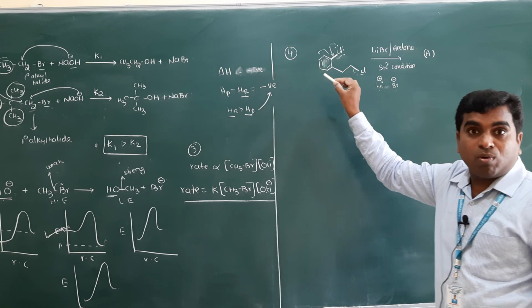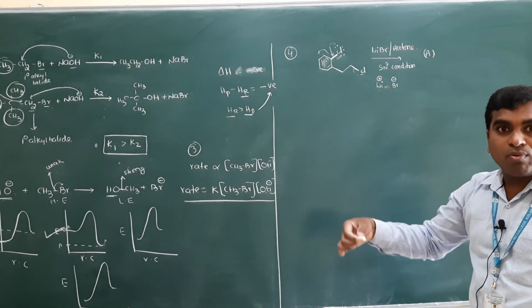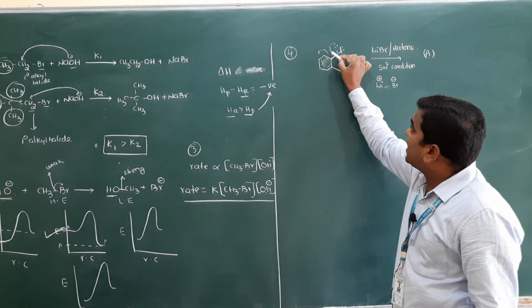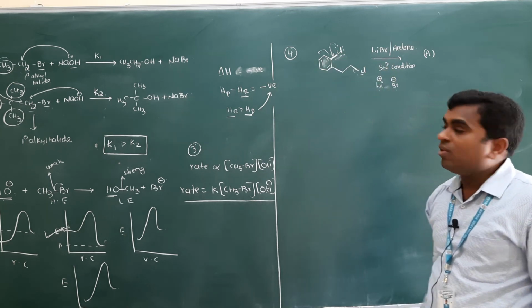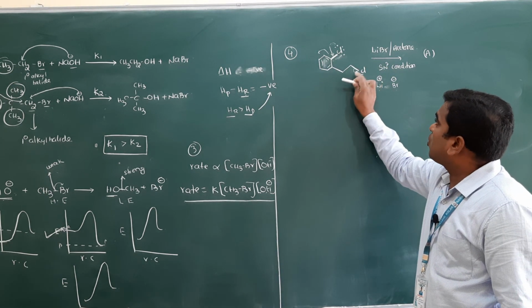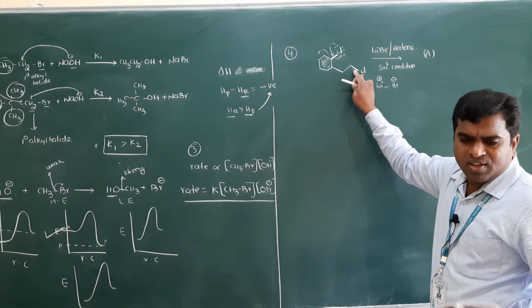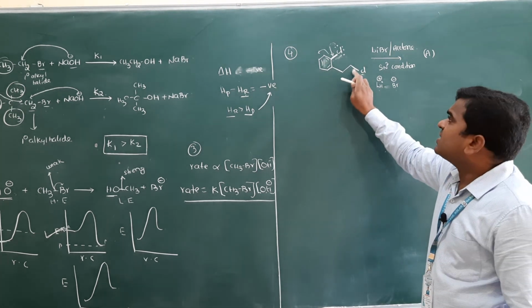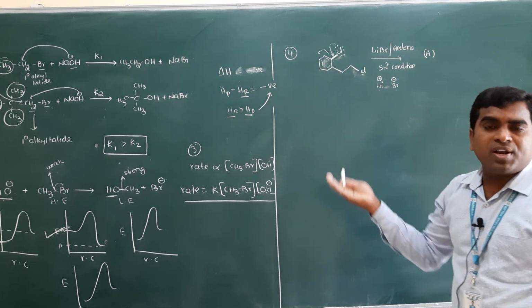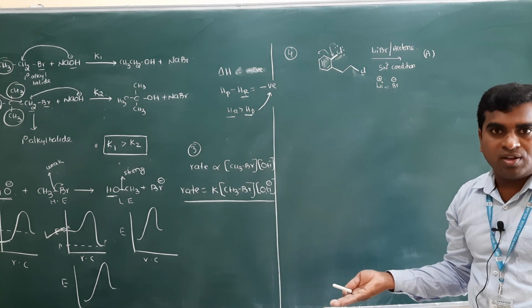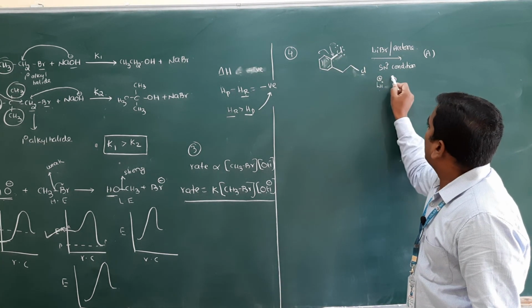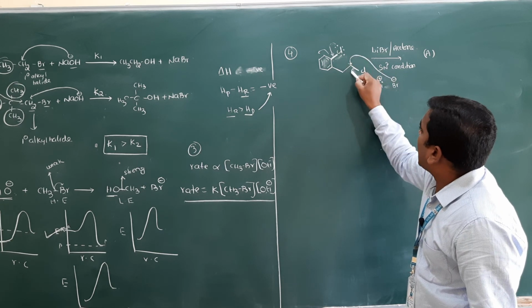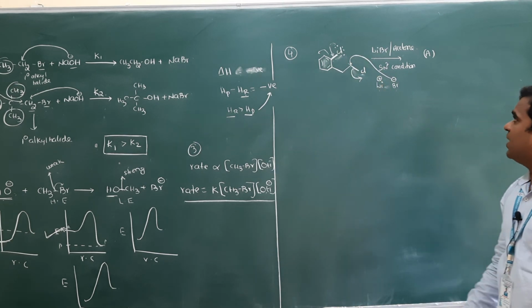They have given a single bond, they will give single bond only, but you have to think it has partial double bond character. But here, is there any chance? No, it is a single bond only. Got my point here? So that's why single bond and here double bond. Which bond is easy to break? Single bond. So that's why this chlorine will be replaced by bromine attacking on this carbon.